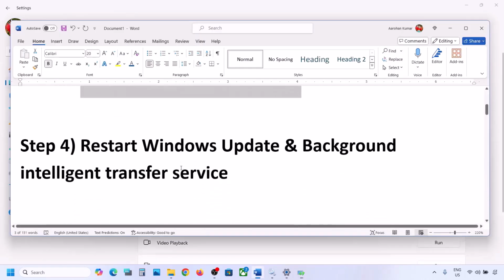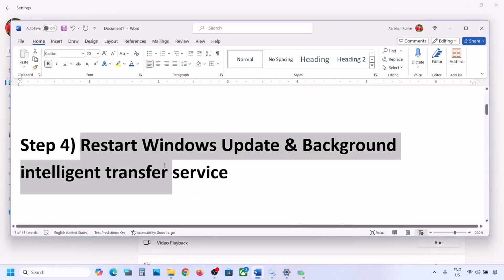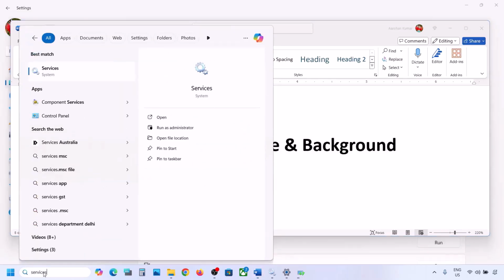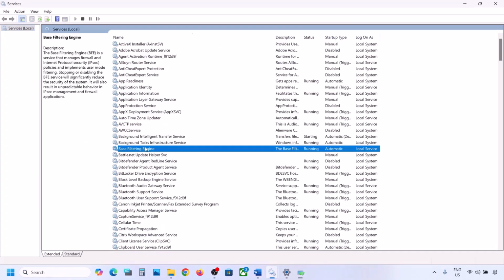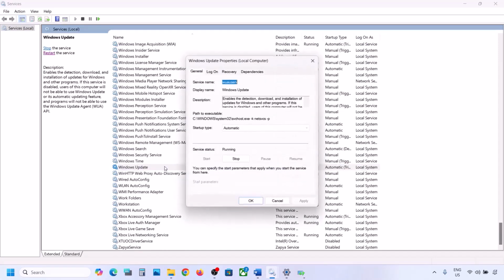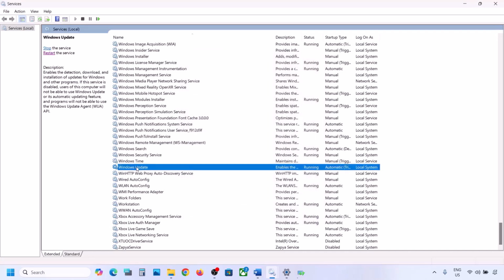Still not working, restart Windows update and background intelligent transfer service. For this, type in services in Windows search box and then go to services. Now find Windows update in the list, scroll down, here you can see Windows update. Make a double click on Windows update, set it to automatic, click on apply, click on start if highlighted, and then click on OK. With Windows update selected over here, now make a right click and then click on restart